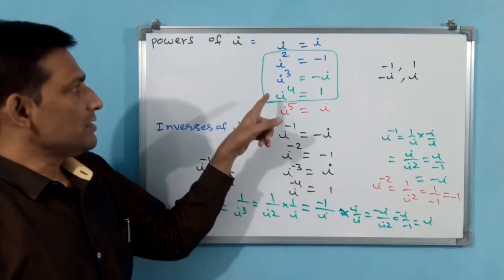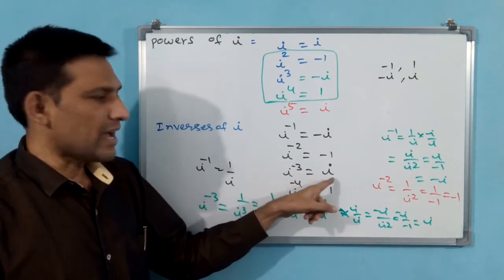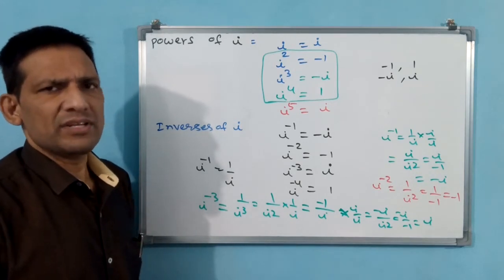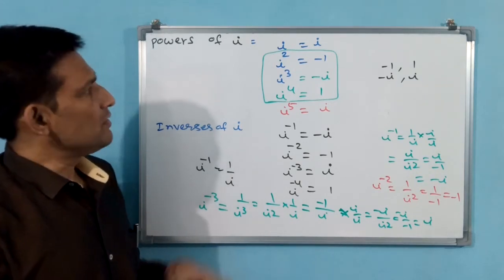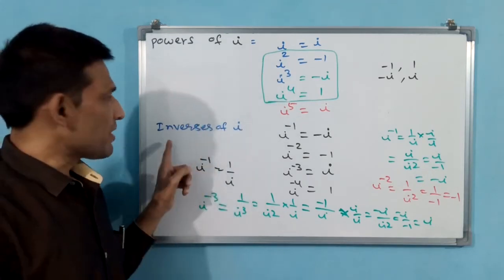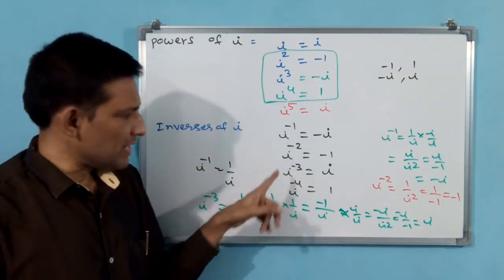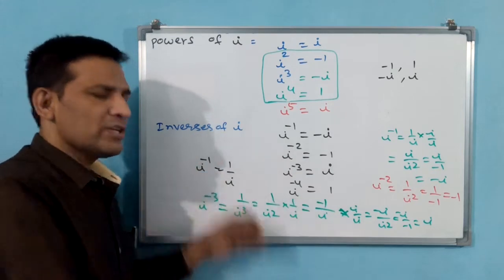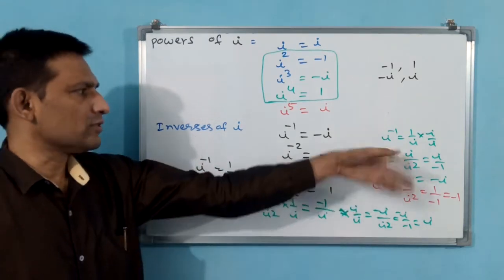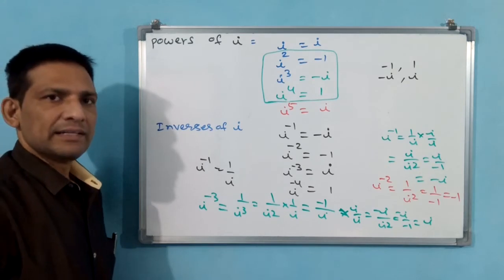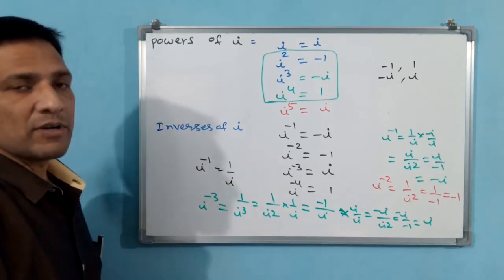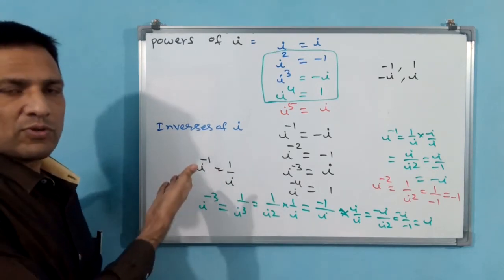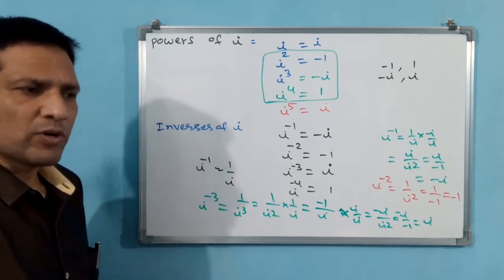See, i cube is minus i, but i to the power of minus 3 is i. But you don't compare and memorize like that. You do the calculation, nothing serious. You memorize 4 powers and you memorize 2 inverses. What are those 2? i to the power of minus 2 and i to the power of minus 4. Remaining all you calculate: 1 and 3, in between these only are always going to come. i to the power of 4 I already told. 1 by 1 is 1, that's all. Do you understand now these powers of i and inverses of i? Any number you can convert. I have shown you 200. Say 256, 257, shall we write?